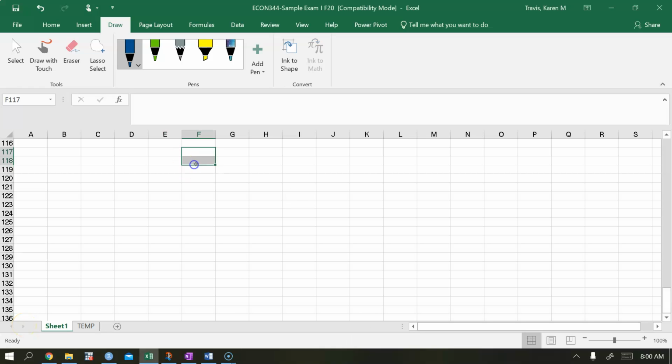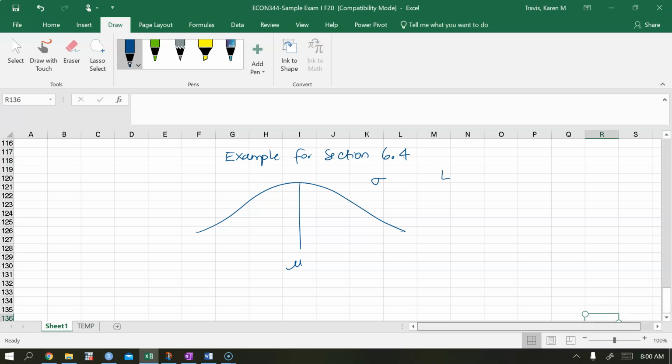Let's do an example for section 6.4. So what changes in this section is we'll have a normal distribution, we'll have a mean and standard deviation, but this time we'll just know the probability or the area under the curve, and we need to find x. So for example, we're looking at an electric